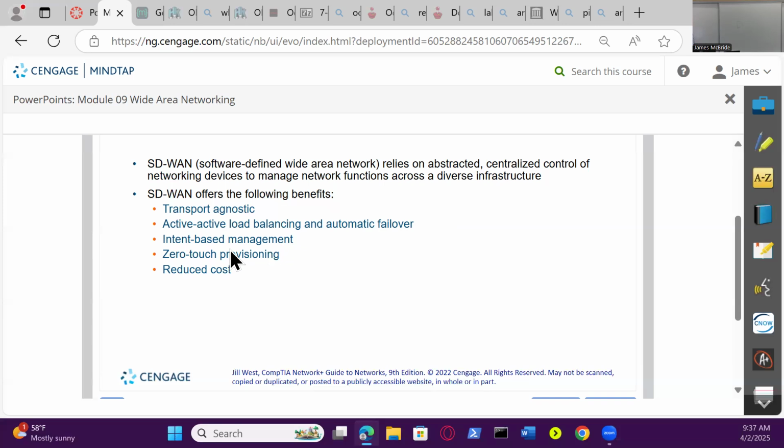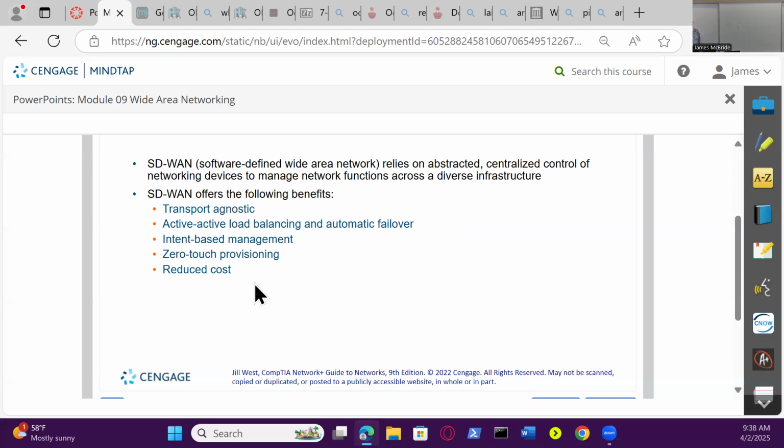The zero-touch provisioning has to do with this load balancing. When you provision something, you're basically setting it up to have a certain amount of, say, storage. I'm going to give this 10 terabytes. I'm provisioning that. You don't have to do that. They do it. And guess what? They've already got the software running. So technically the server people don't do it either. It's all programmed in. And that all results in reduced cost,